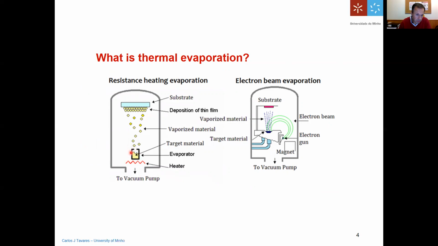Then you have a crucible where you put your evaporant material, your target material. Upon heating the evaporant material, and after it reaches its melting temperature, then it will gradually evolve into a liquid phase or directly to a vapor phase. And you will have a flux of atoms that will leave the crucible and will be deposited as a thin